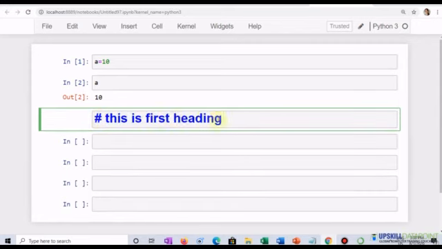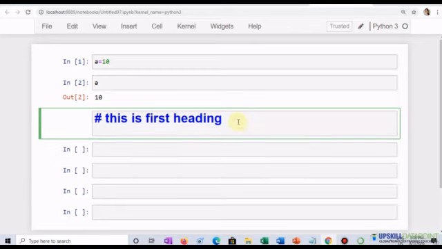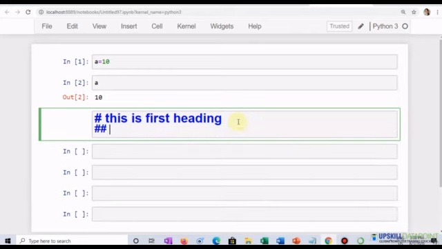It's just like an HTML tag. If any one of you knows HTML, there is a tag for making anything as a heading, which is the H1 tag, which is for the biggest heading, and it goes on in the descending order. Like H2 tag is a little smaller, H3 is much smaller compared to the H2 tag. Similarly here, we have 1 hash as the first heading and 2 hash as the second heading.